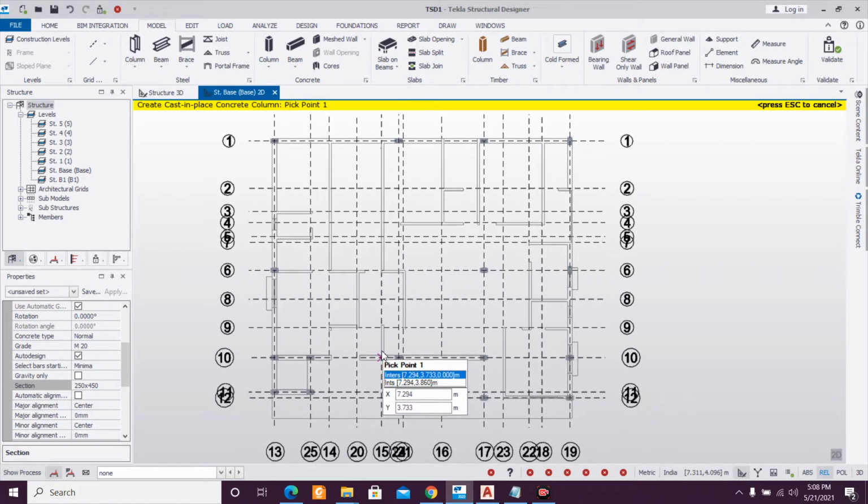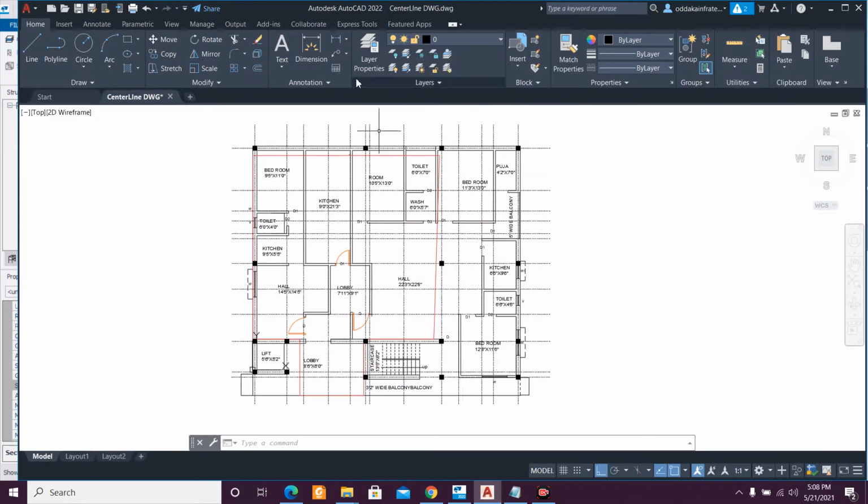Now once I have done this and checked the column positions, after that I will place my beams. So this is my plinth level. Inside this I won't place any beams, because up to this G, that is up to the 2 levels, I'll not place any beams inside, only the exterior beams. And when it goes above this, it will place our beams, because as you can see, this portion is already existing up to G+1. So I'll not place any beams inside this up to G+1 height.